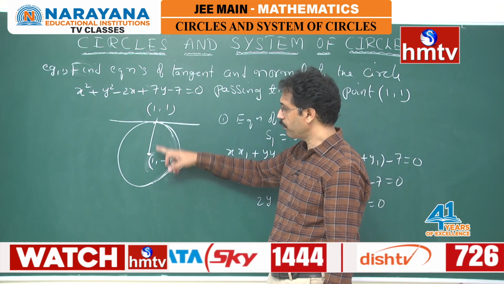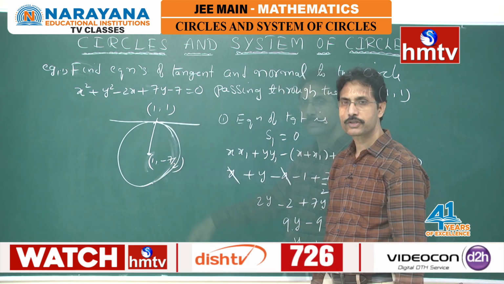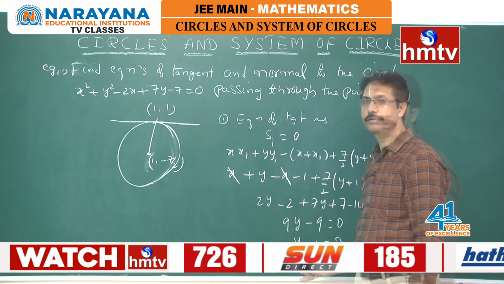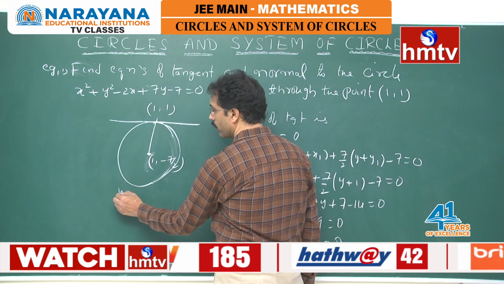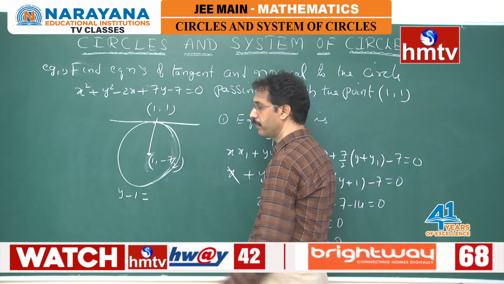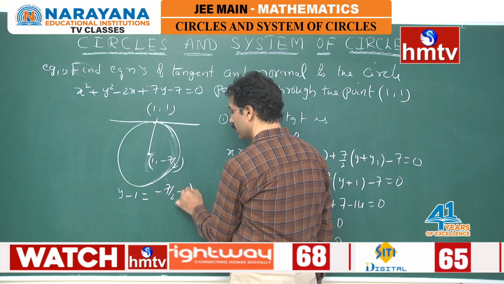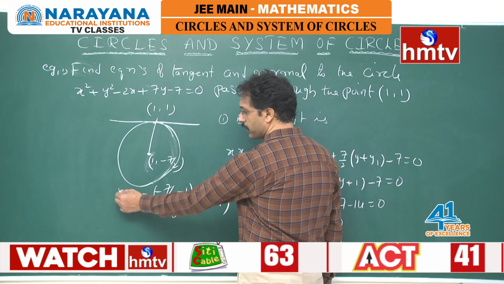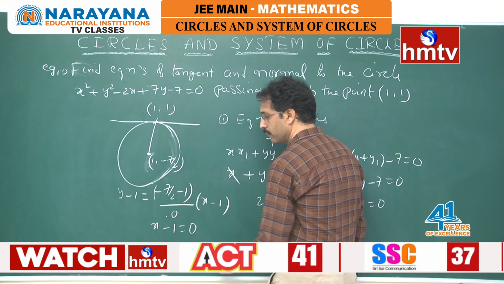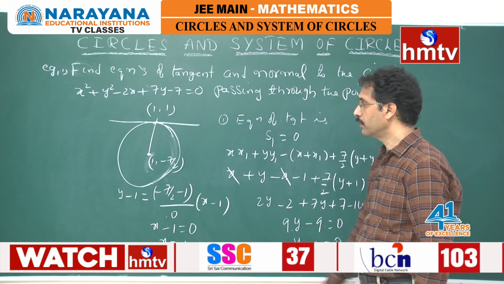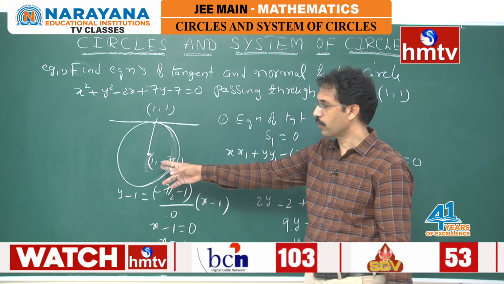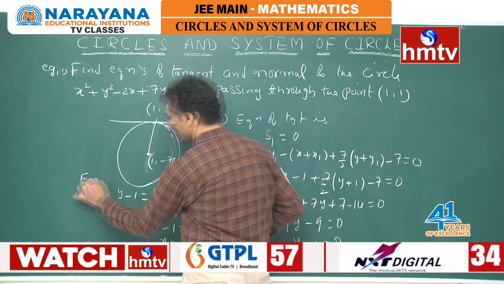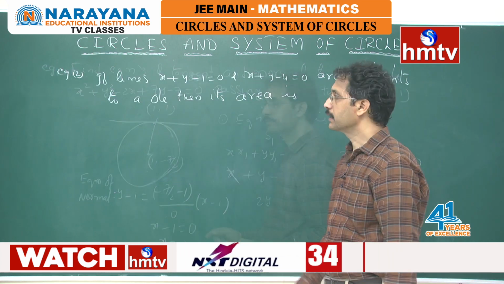See, in these two points the x coordinate is the same. So we can say that the equation of the normal is x equal to 1. Or else, if you go to the two points form, y minus 1 is equal to (y2 minus y1) by (x2 minus x1), that is (minus 7 by 2 minus 1) by 0, into (x minus 1). Then by cross multiplying you will get x minus 1 is equal to 0. So what is the normal? x equal to 1. So y equal to 1 is the tangent, x equal to 1 is the normal. In this way we can find the equation of the tangent as well as the equation of the normal. Am I clear? It is a small example here.